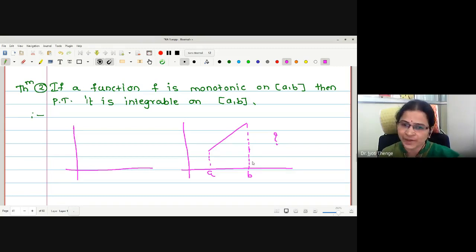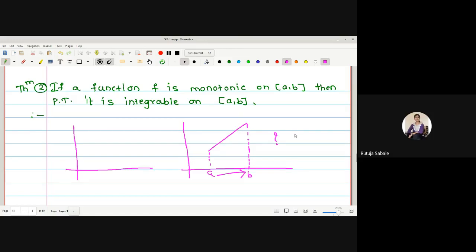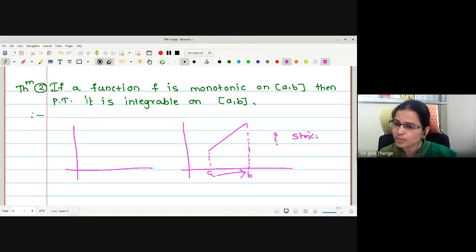See, the difference is very simple. Whenever I am saying monotonically increasing function, any two function values in between may be equal, but in strictly increasing, no two function values are going to be the same. If you look at this sketch, start from A and go towards B, whether any two function values are equal? No. Therefore, this is an example of a strictly increasing function.